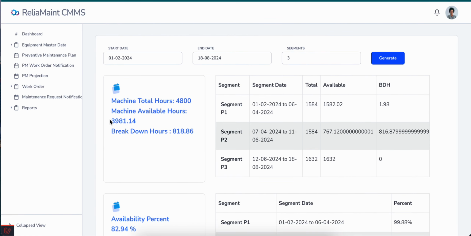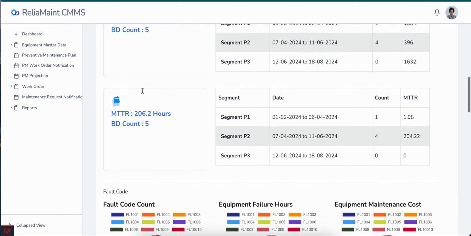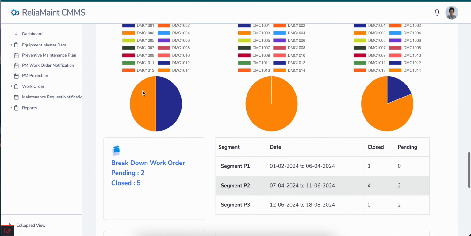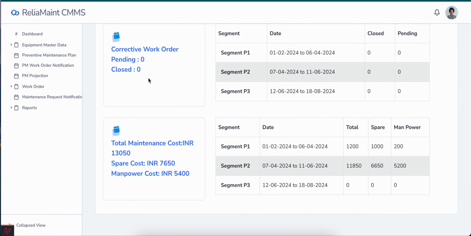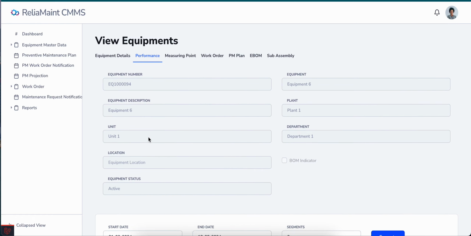Okay, so again you can see machine total hours, availability percentage, mean time between failure, MTTR, fault code, repair code, degradation mechanism, breakdown, preventive, cost, corrective, and the cost. This way this information is available right on each equipment or the level, maybe plant, unit, or department you want to check. This is the second way we are showing the information.